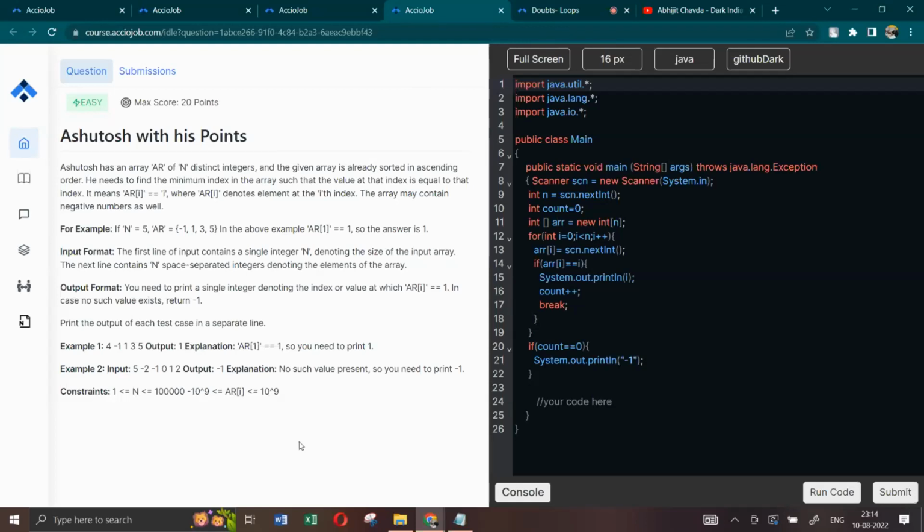array बनाई आपने integer n की, आपने scan करा, scanner dot next int, right? If array at I is equal to I, right? Print out I. यार कोड तो सही है. स्कैनर हमने बनाया, सिस्टम डॉट इन, काउंट 0, for int I is equal to 0, I is less than n, I plus plus, राइट। अगर कुछ नहीं होता, अगर कुछ होता भी है तो प्रिंट सीधा I करना है।